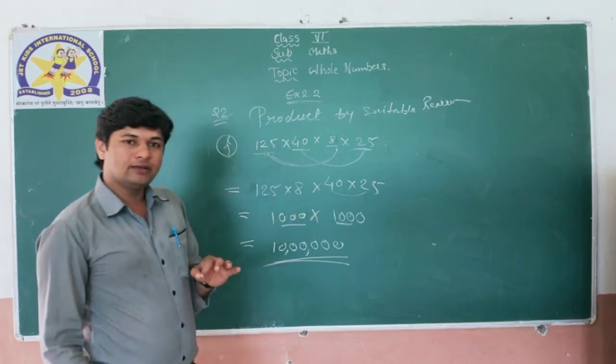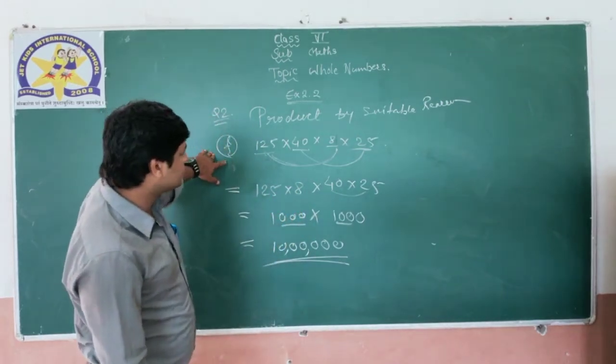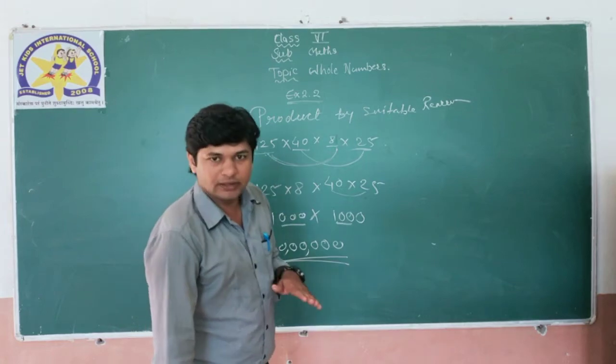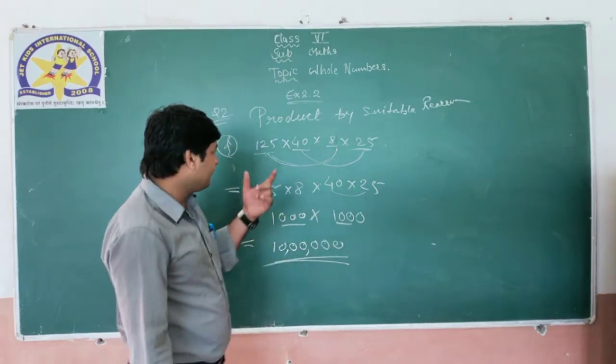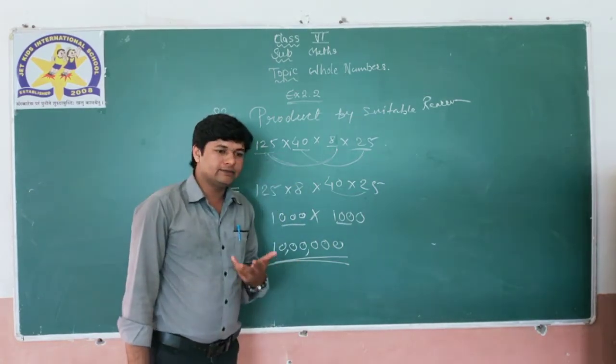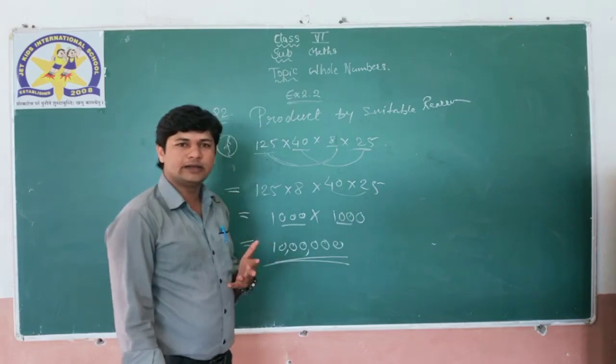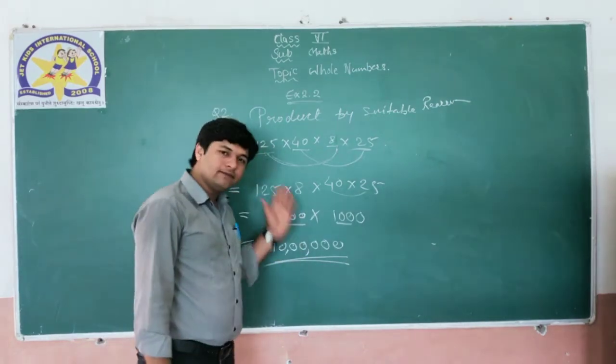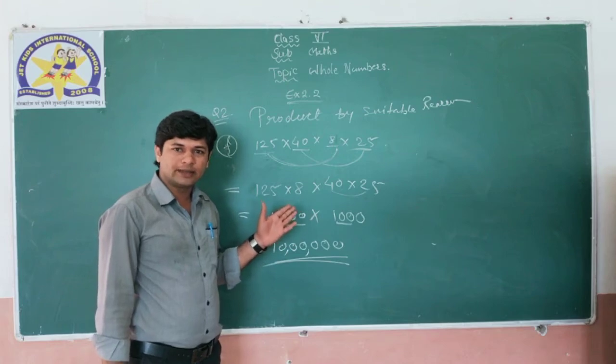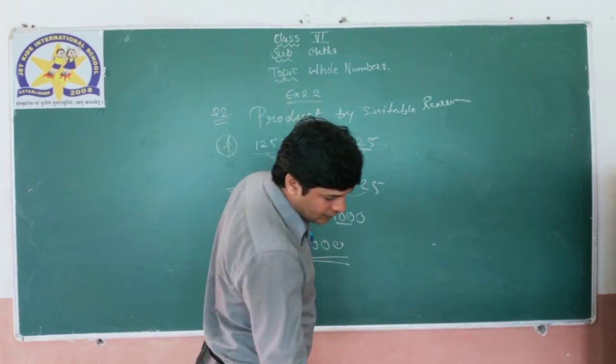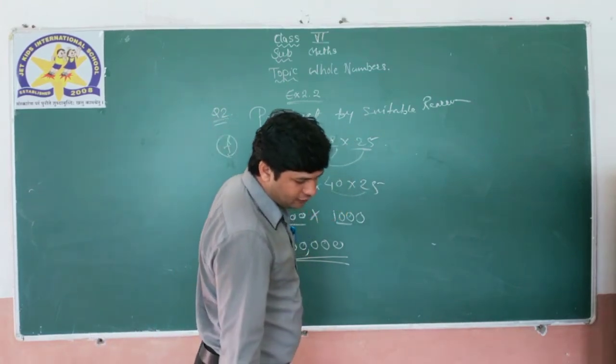Whenever you are going to perform such operations, in general multiplication also, you need to have a look whether I can make it very easy, whether I can reduce my time in calculation. That's why we are spending more and more time on it. Clear? Next thing, find the value of the following.